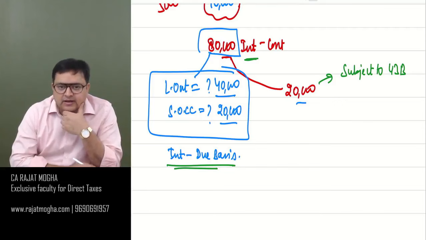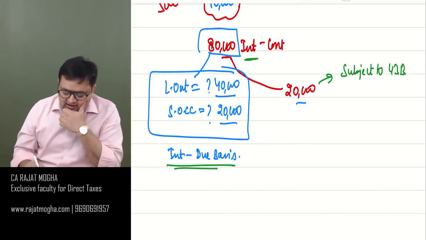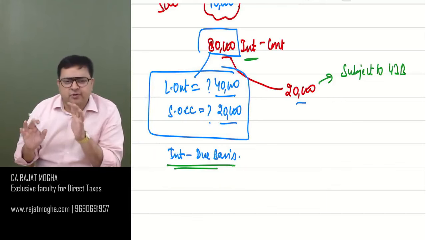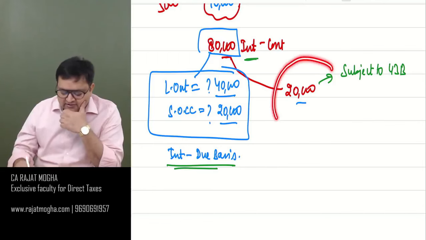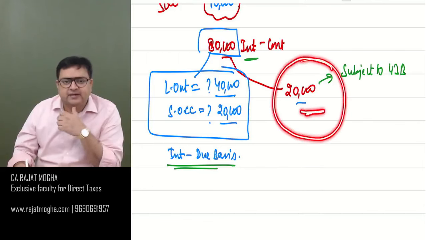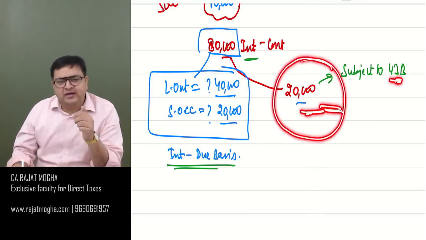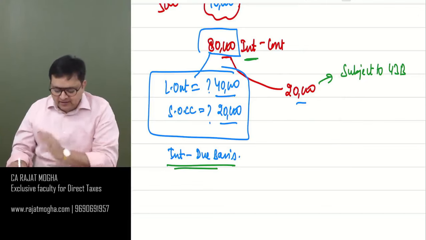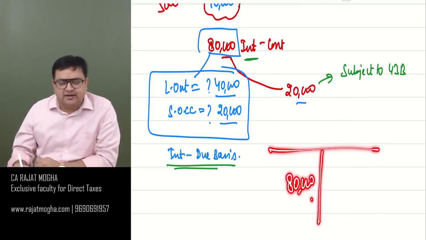Correct? Okay. Guys, if in this question I say that this interest is not paid, we have no problem, we will allow it in house property. But if this question says that this interest is not paid, then 43B will disallow it. Why? Because although it's a PGBP expense, it should have been paid. Correct? So first of all, out of 80,000 which is debited in my P&L account,